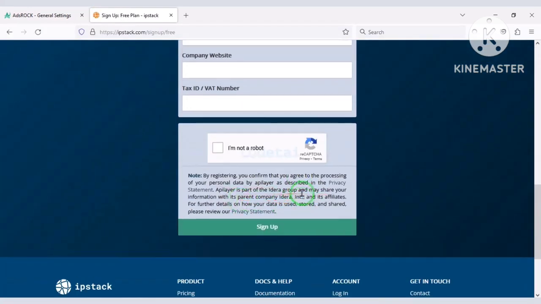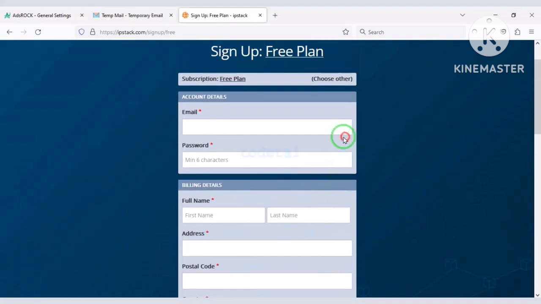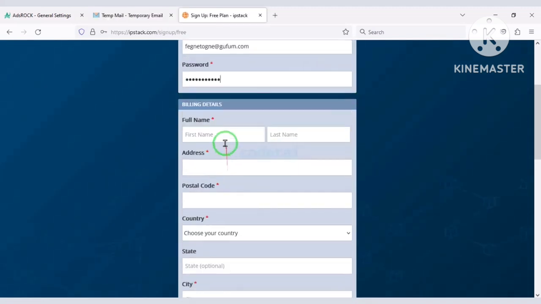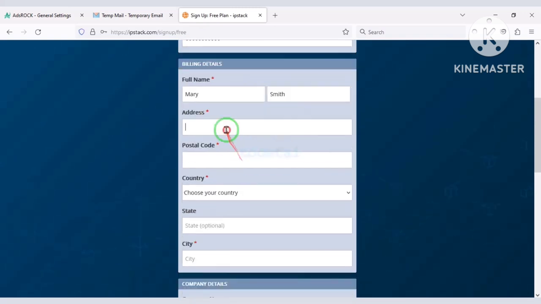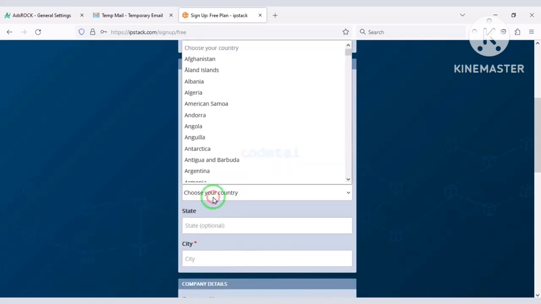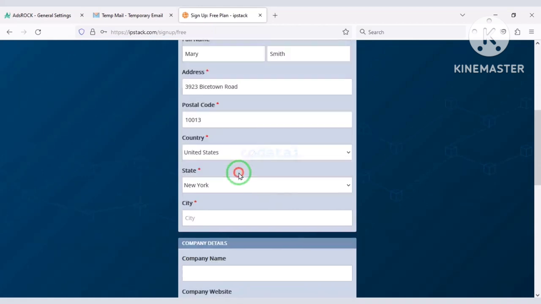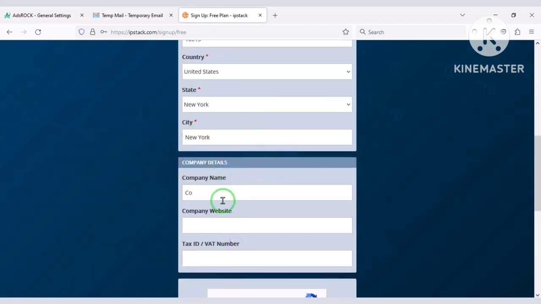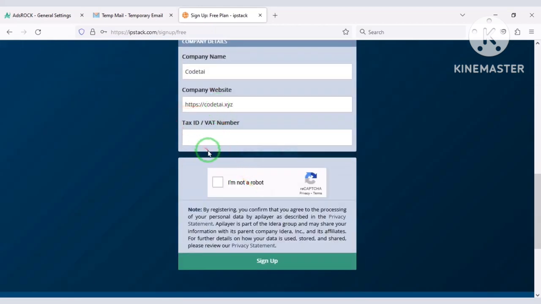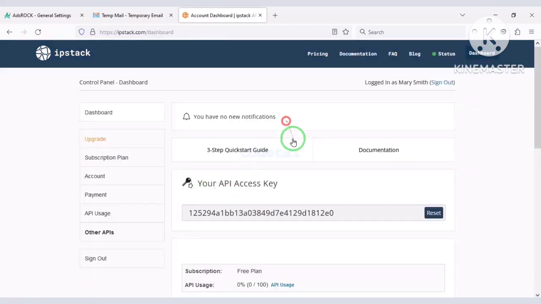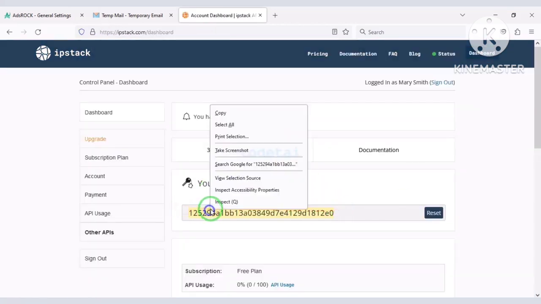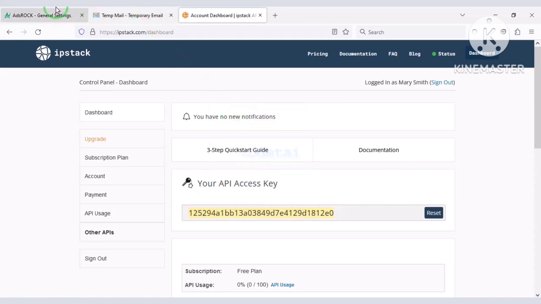For this, we need to submit correct account information here. Now copy this API code and add it to the website.